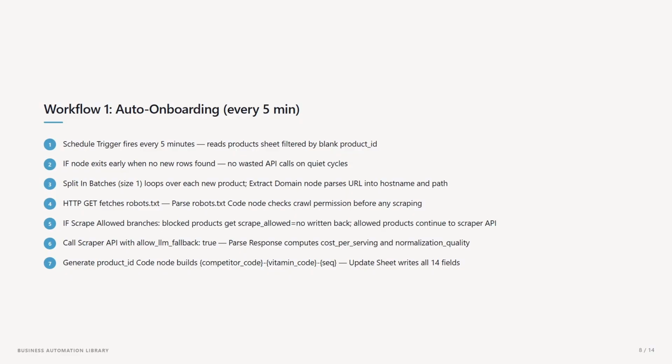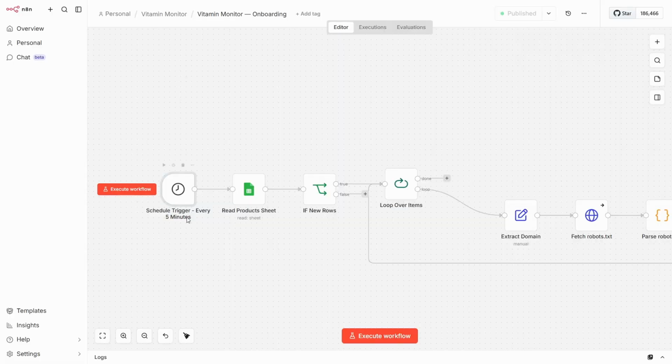and returns a JSON object with product name, price, serving size, availability, extraction method used, and normalization quality. Let's see all of this in n8n itself. Starting here, we have our scheduled trigger, which then leads to read product sheet. If there are new rows, which is set by looking if the product URL is blank, then we go to